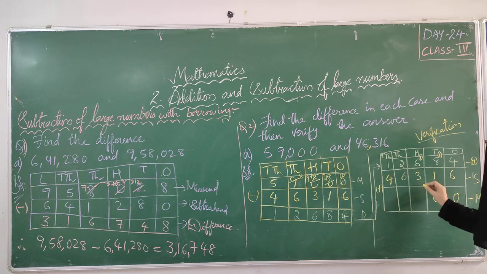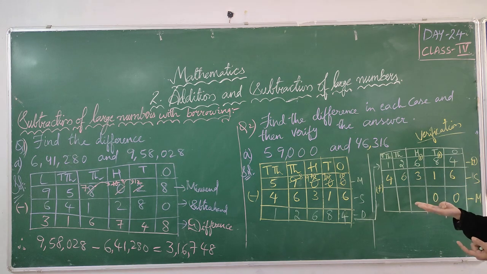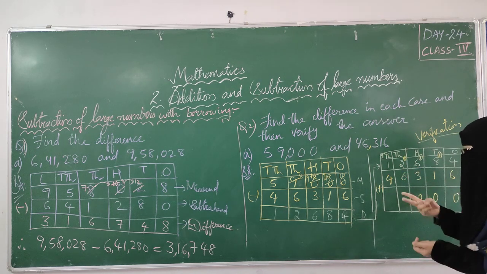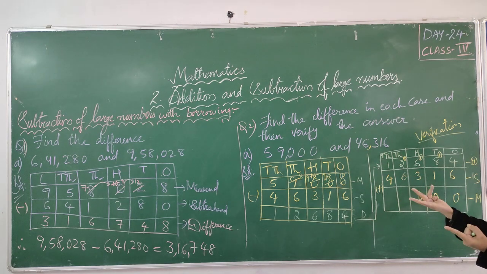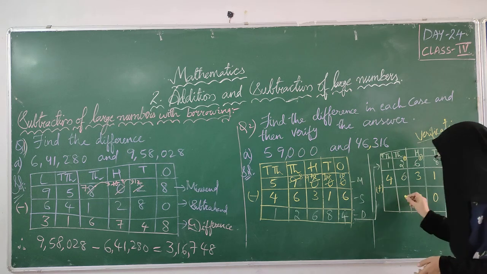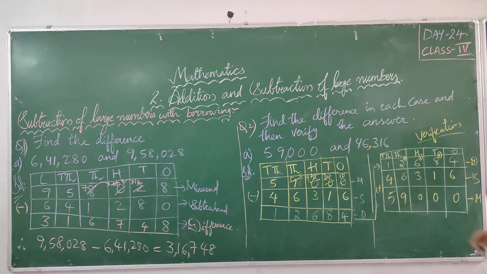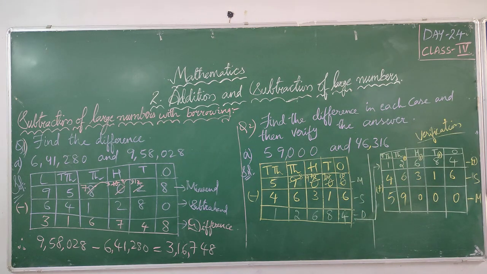1 plus 6, 7. 7 plus 3, 10. See, 1 in your mind, 6 on your finger. After 1, 2, 3, 4, 5, 6, 7. 7 in your mind, 3 on your finger. After 7, 8, 9, 10. 0, I'm sending 1 carry. 1 in my mind, 2 on my finger. After 1, 2, 3. 3 in my mind, 6 on my finger. After 3, 4, 5, 6, 7, 8, 9. 1 plus 4, 5. Check whether our minuend is the same or not. Our minuend is 59,000, right? We got the minuend as 59,000.